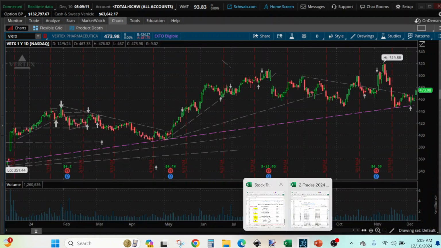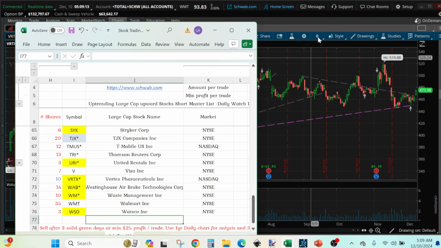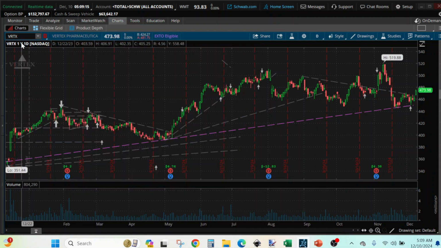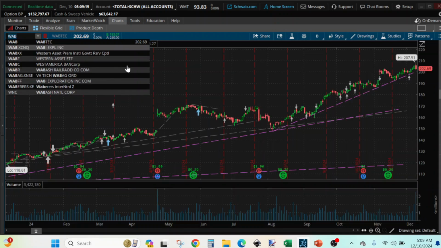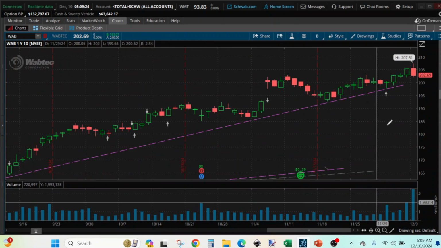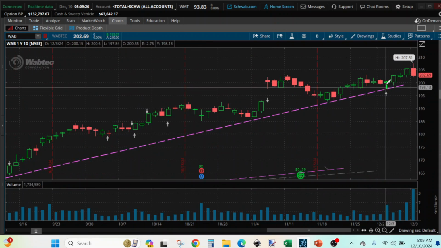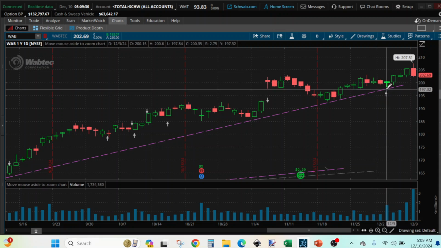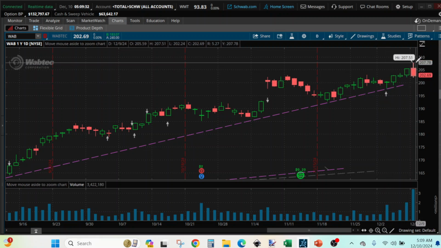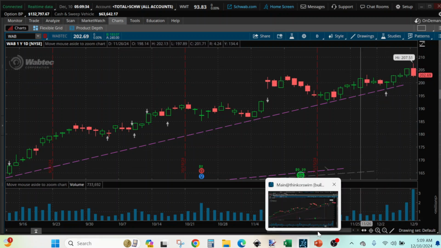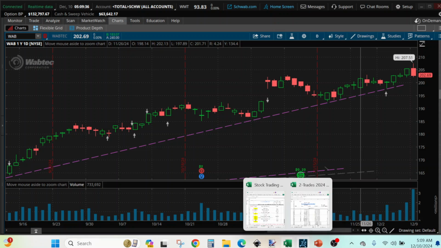Good. WAB, we bought it. We bought it at that line, at the first green bar after the pullback to that line, and it started going up from there. Okay,